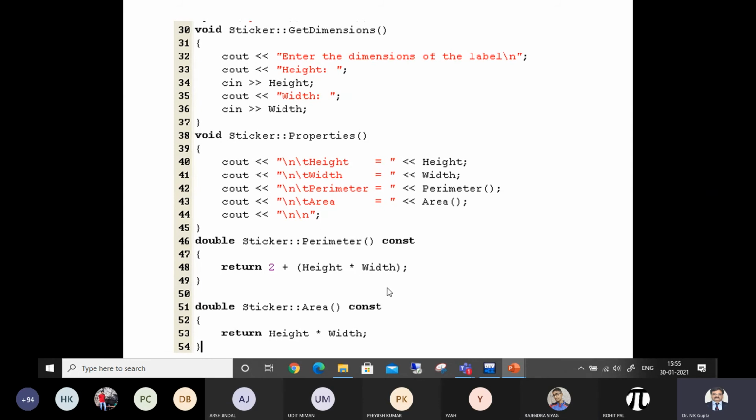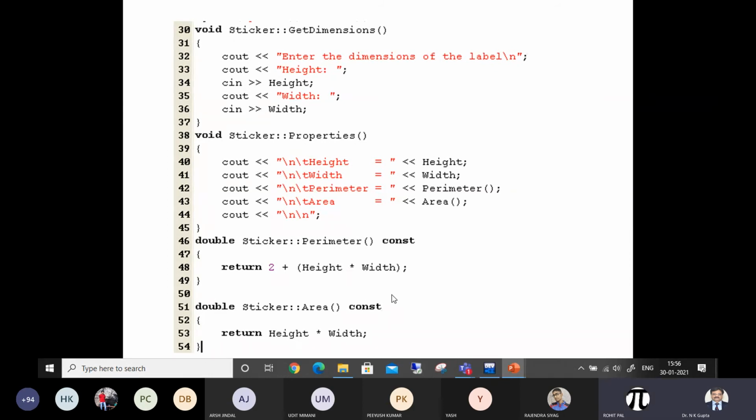So what about this const? Suppose in this definition, deliberately or accidentally, this height or width, these are the two data members, if I say height is equal to double the height and width double the width, then because of this const, it is not possible to change the data values.